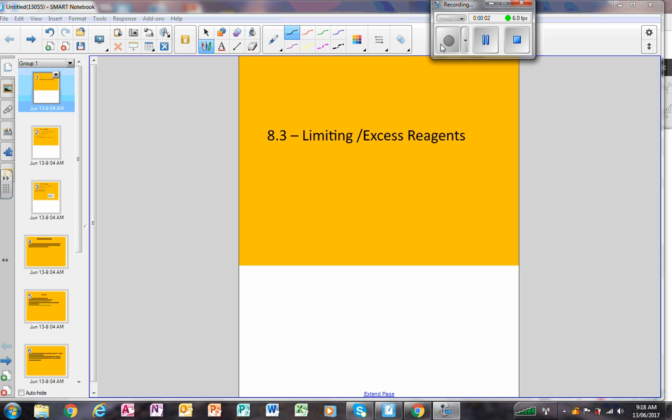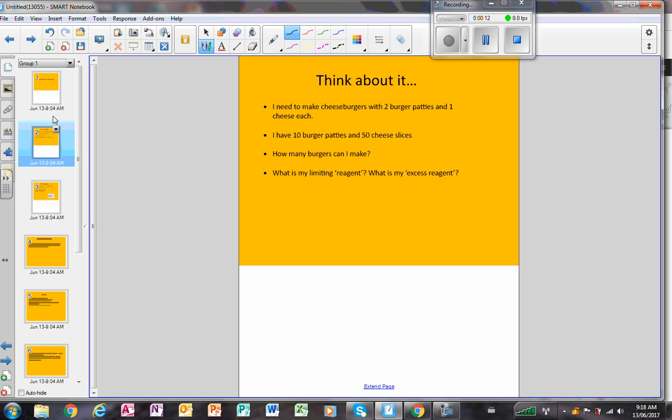Today we're going to look at limiting and excess reagents. We've started this lesson, but we're going to complete it today and we're going to work through a number of problems. When we're looking at limiting and excess reagents, it means that one part of the reaction is being controlled by